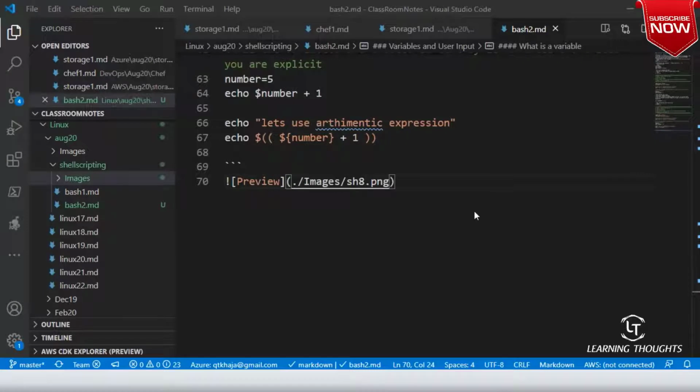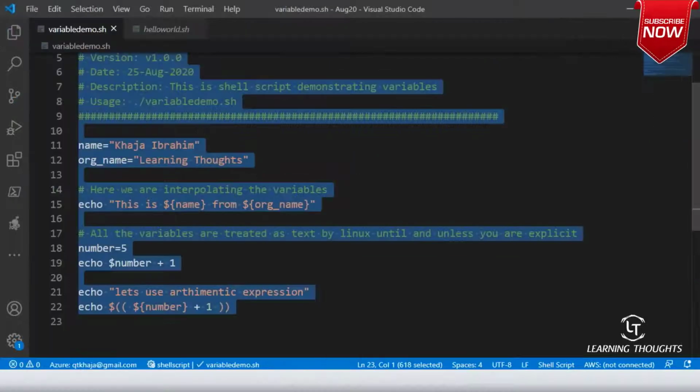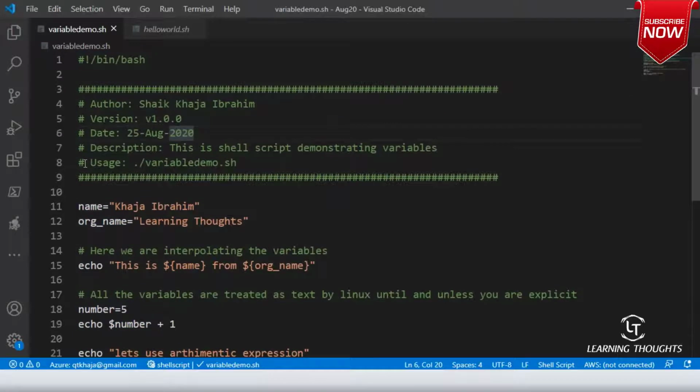Right, sir. Okay. So how to give multi-line comments in the shell script? Sir, is this not a multi-line comment? Start every line with a hash. For now, don't think anything beyond that. So if you see my lines from 3 to 9, is it not a multi-line? Yeah. Right, sir. Okay. Good.